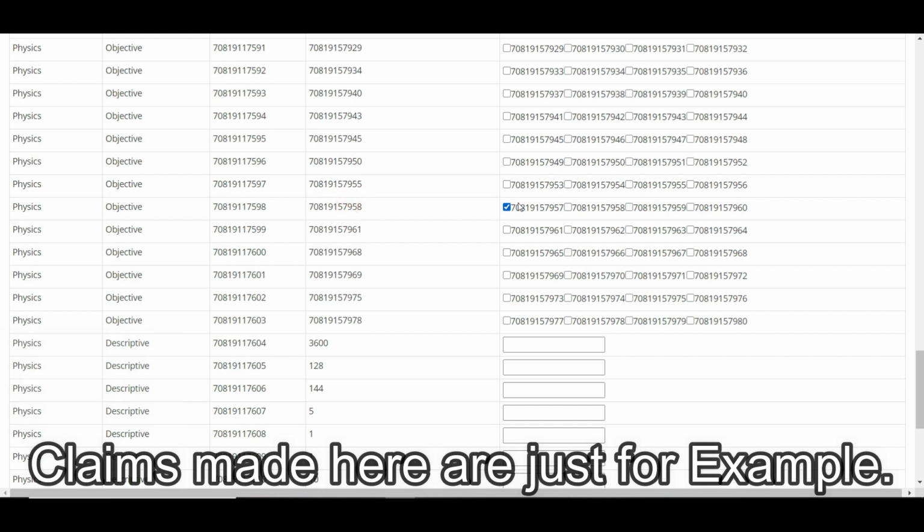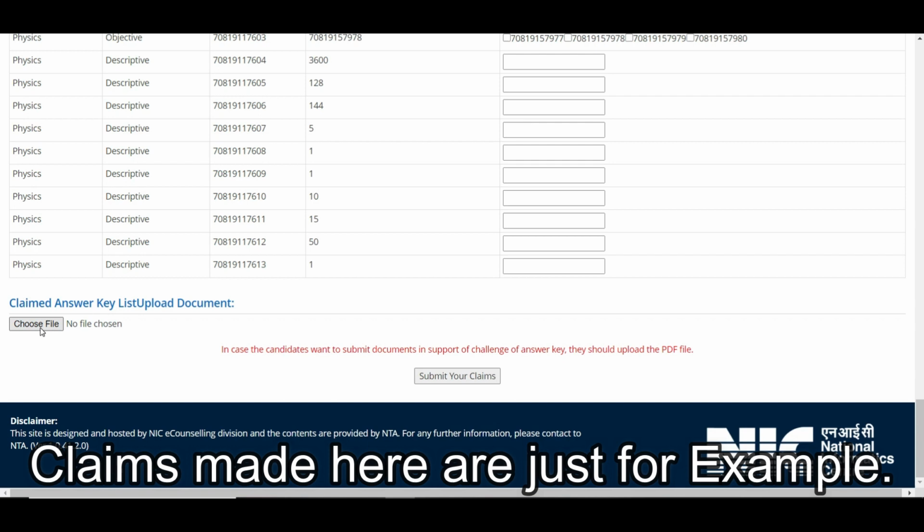That's why I want to challenge this answer. He has to click this 57 option and choose the file. If he has the proper solution for that answer, he can upload it as a PDF, then submit the claim and pay the fees. If that claim is correct, they will repay your amount. If that claim is wrong, they will not pay back your amount.